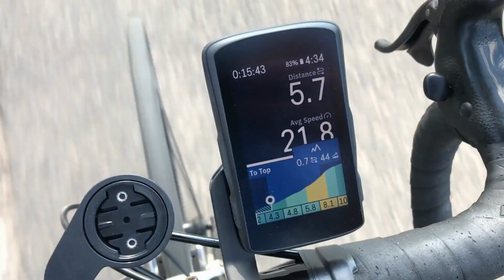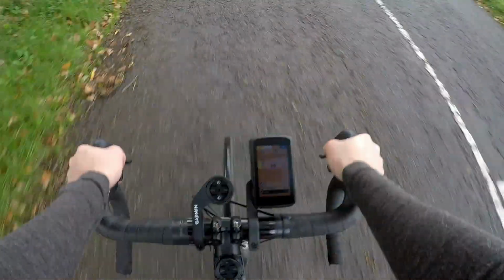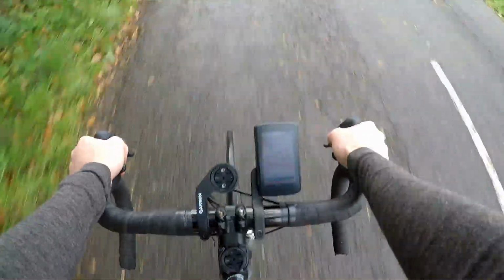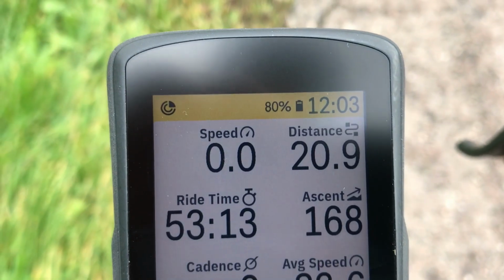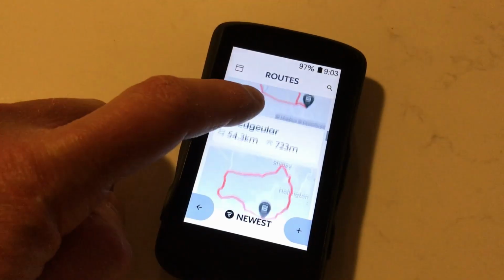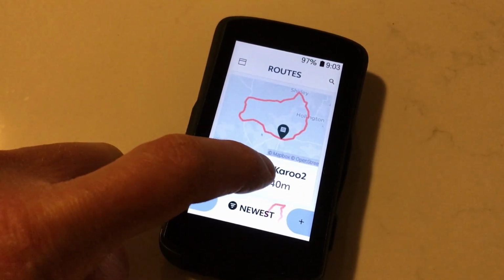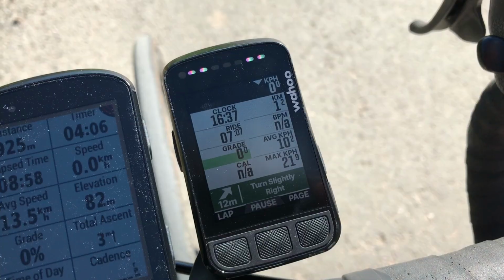Aside from that, if it's touchscreen you're after, I'd be considering the Hammerhead Karoo 2. The battery life is a mere fraction of the Edge's, albeit fine for my distances, and it doesn't have the on-device training science wizardry. But the matte colour touchscreen is beautiful and the user interface just about shades the 1040 and 840, even despite recent improvements to the latter. If we move to non-touchscreen alternatives, we're straying further from the market segment that Garmin is targeting with the 1040 and 840. Nonetheless, if you want to go there, my pick of the button poppers is the Wahoo Element Bolt